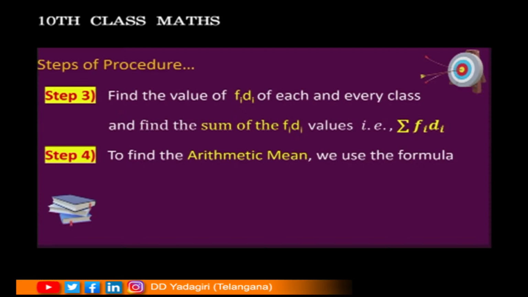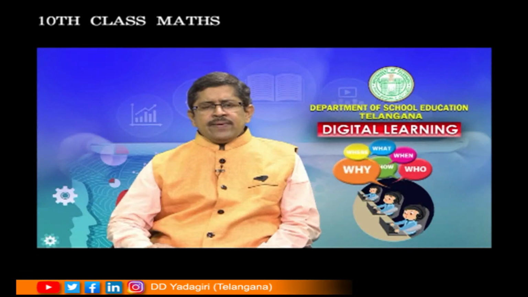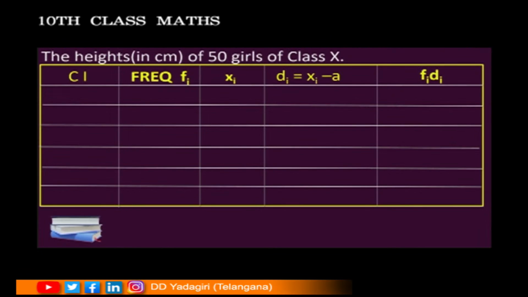And finally, to find the arithmetic mean, we use the formula x bar is equal to a plus sigma fi di by sigma fi, where di is equal to xi minus a. So we take the same example that we have taken earlier and try to do the problem with this assumed mean method. For that, you take the first column as class interval Ci, second column as frequency Fi, third column as mid value Xi, and introduce two more columns, the deviation Di is equal to Xi minus a, and